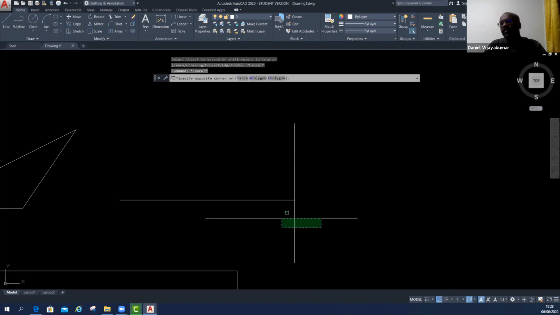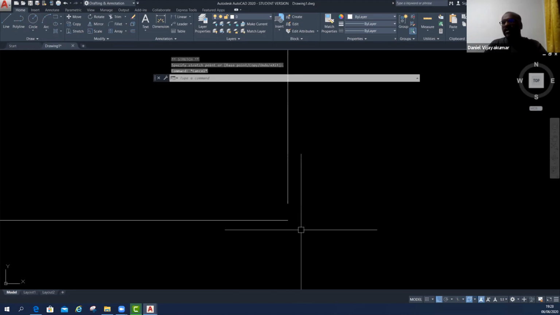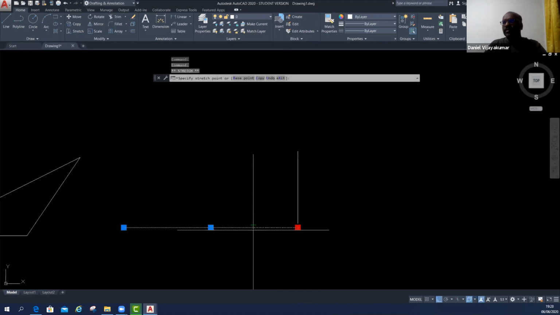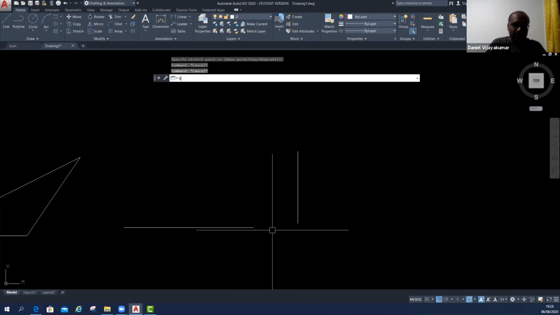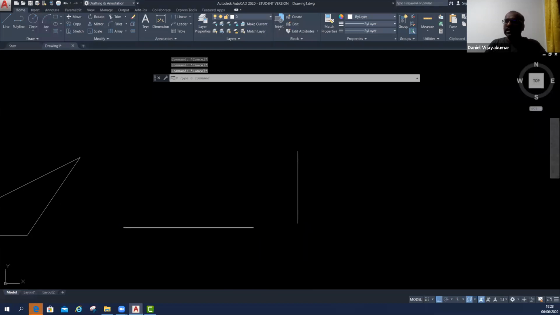If your line is not meeting that intersection, it means you cannot extend. See, now this is my horizontal line, this is my vertical line, but both are not getting an intersection. So see, extend, select the two objects.